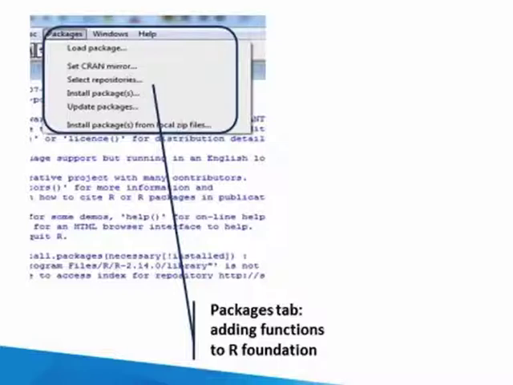There is one basic platform on which everything else works, and people create packages based on their specific needs, based on the specific statistical analysis that they are doing, and then they make it freely available for other R users to use. A typical R package is a directory containing several subdirectories which themselves contain several R files. These R files contain the code of functions that perform a specific computation or data manipulation.